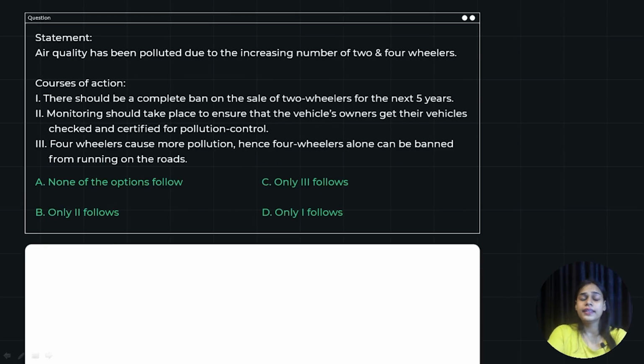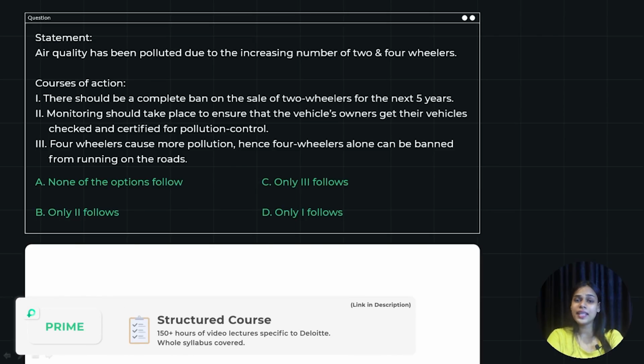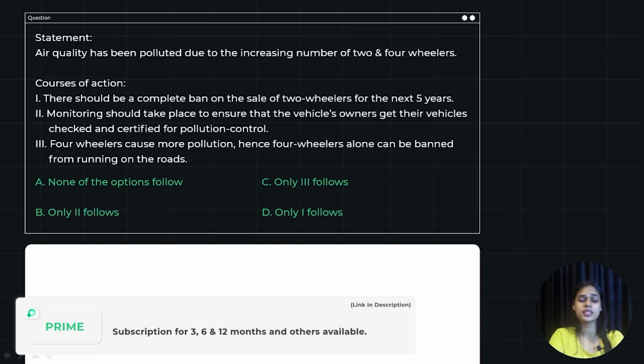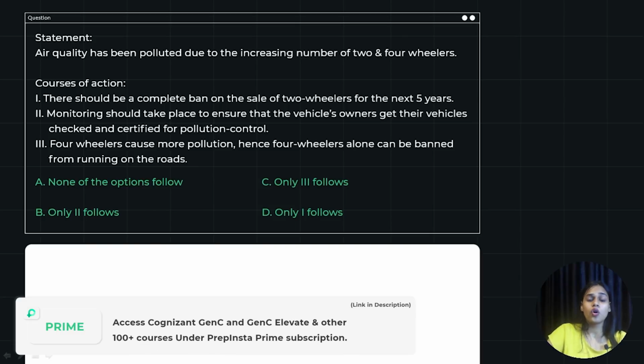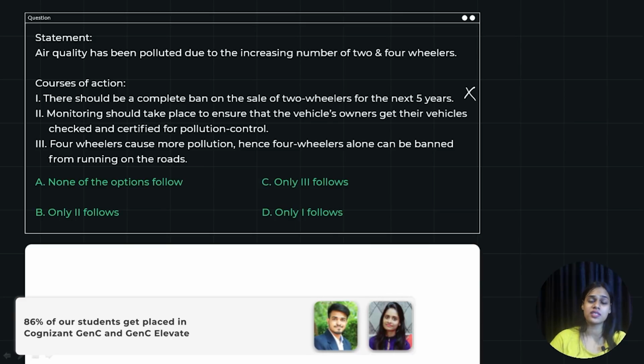Okay. Next statement: air quality has been polluted due to the increasing number of 2 and 4-wheelers. So here is a pollution based question, a statement given to you and 3 courses of action. Please go through it and then we'll quickly see the answer. All right, let's start solving it. It's not very difficult, to be honest, guys. It's very easy. Courses of action. Number 1, there should be a complete ban on the sale of 2-wheelers. Can you completely ban